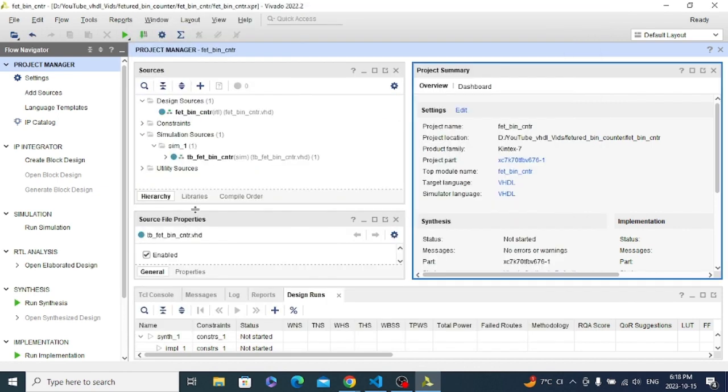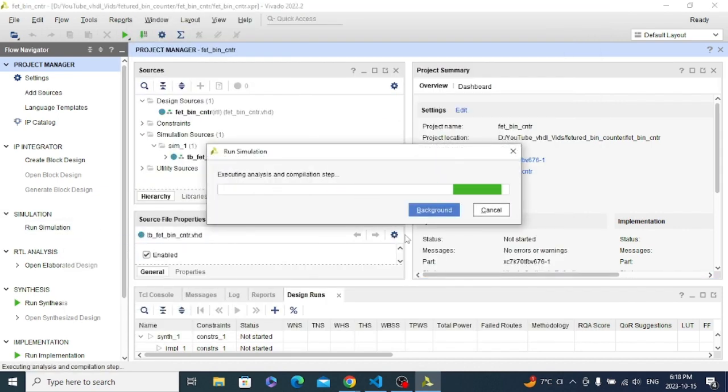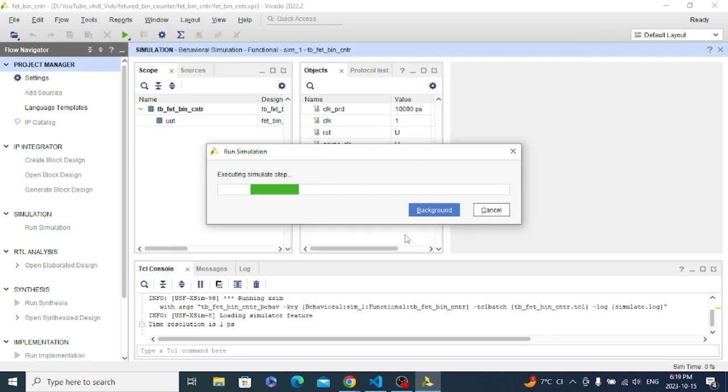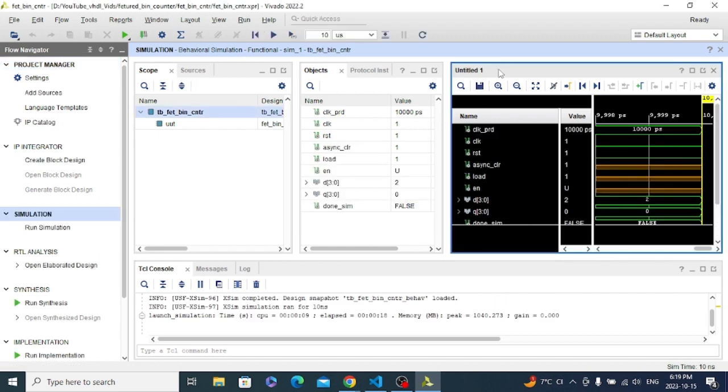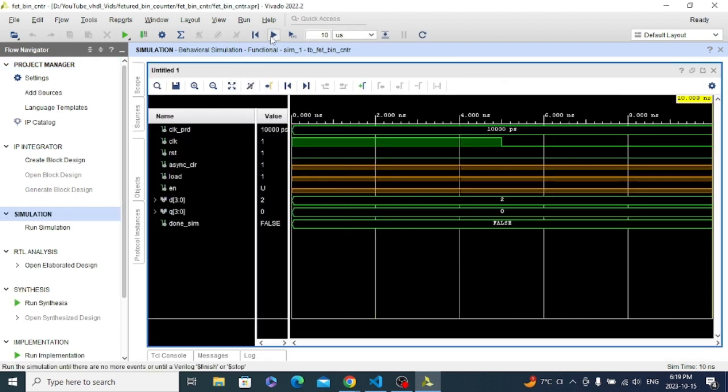Because our clock period is 10 nanoseconds, we just need to change it here so that the period for Vivado is also 10 nanoseconds. It's usually 1000 nanoseconds. So now we can see that our circuit is running,